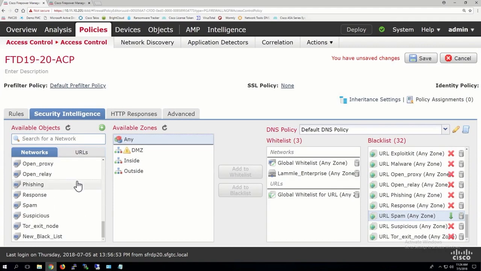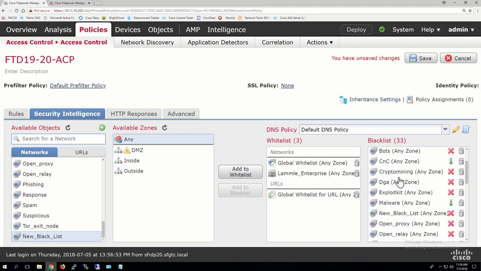And I should see it down, new blacklist right there. Then I would add that to my blacklist. And he would be right there. And then we'll just make that a monitor-only mode so we don't actually block Google. But that's how easy it is to add a list of bad guys, right? Just come in there, boom. You do have to redeploy to make that take effect.